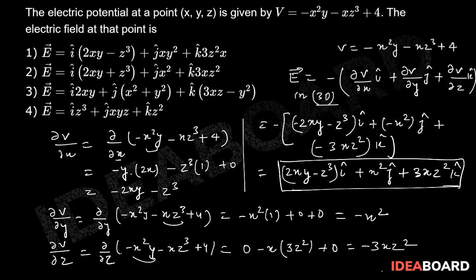Now match the answer, which option is going to be the right choice. So everything: (2xy + z³) î plus x² term, so this is the x² term only. So there will be a plus z³ î, so a plus term. So option number 2 is matching here. So this will be the final answer. So option number 2 is your choice. So understand how we are doing this type of question.